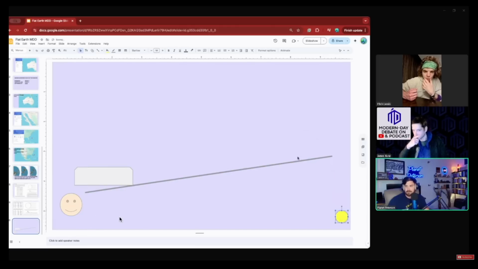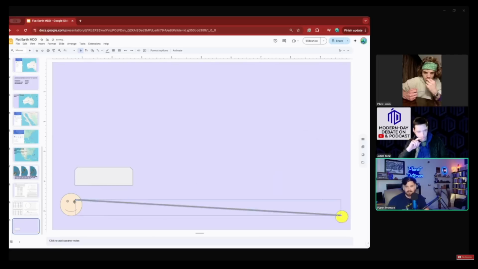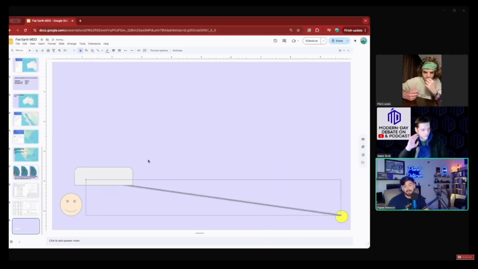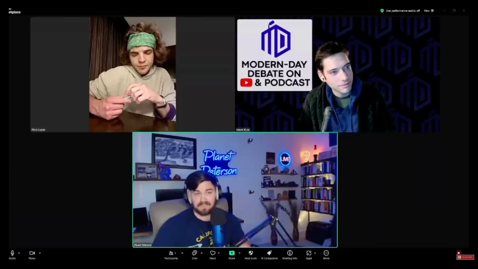Whereas for the globe model, what we would say is happening is the sun literally is kind of below our perspective, and I can't draw the curvature of the Earth here, but then the sunlight does come up and illuminate only the bottom of the cloud. So this just doesn't work with a flat Earth at all, but it works very well with a globe Earth. And then that other picture I showed you where the higher up clouds were getting lit, I'd have to draw the curvature of the Earth covering more of this up, and I can't do that on the fly. I did the best I could.